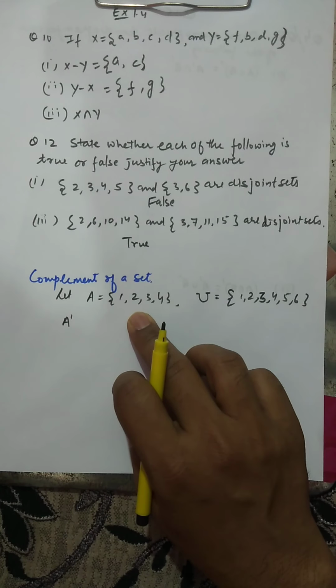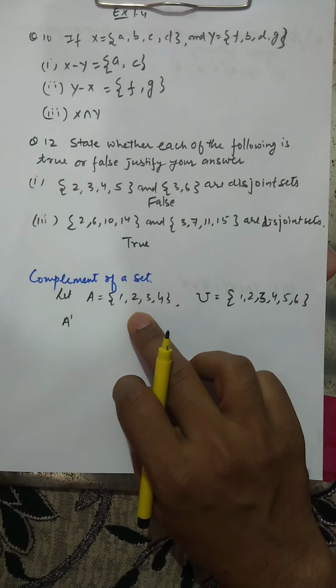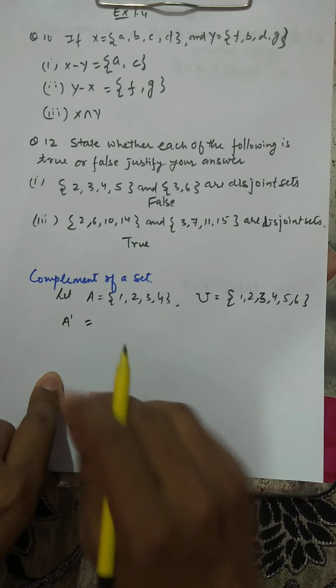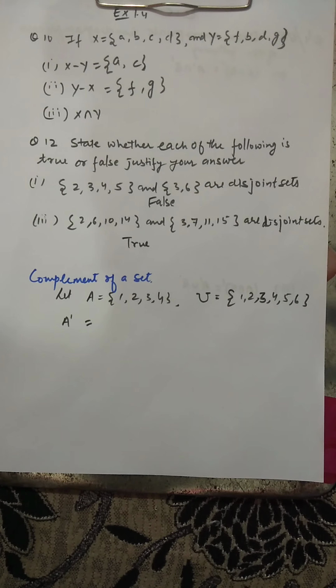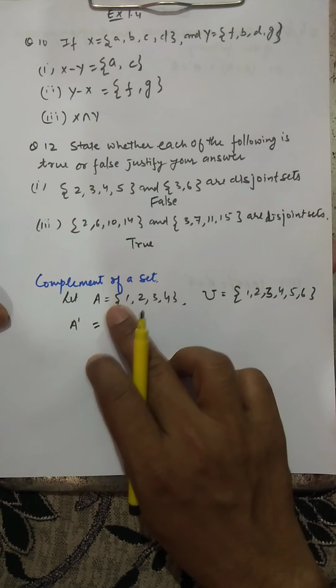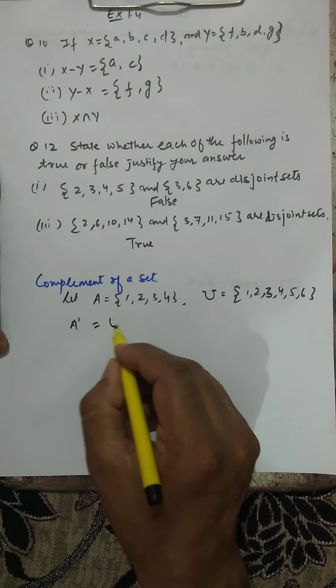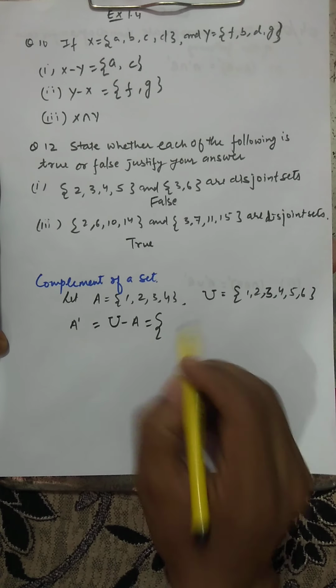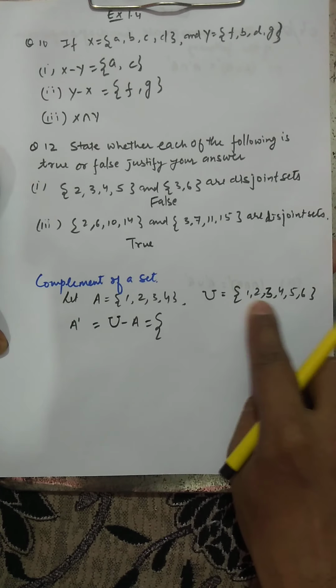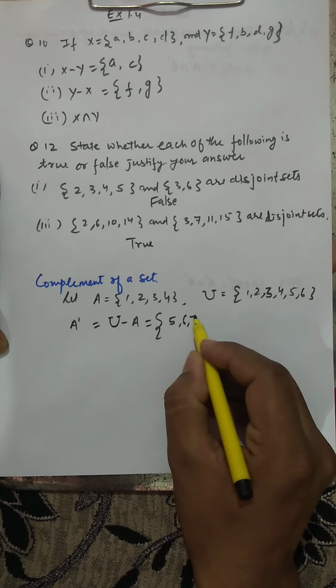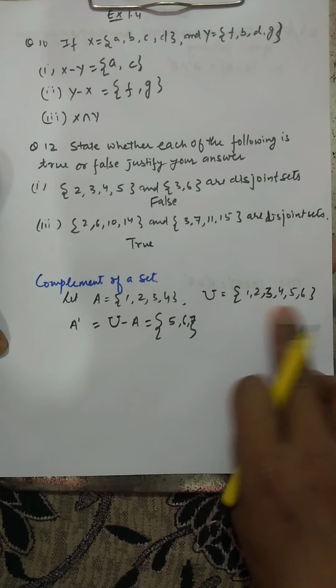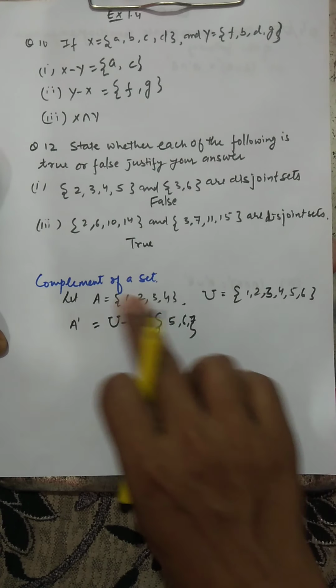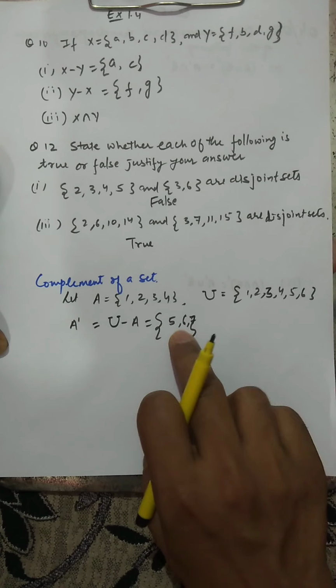Okay, now come to the complement of a set. This is a new concept. Complement cannot be defined unless you have been given the universal set. It is directly connected to the universal set, otherwise it has no meaning. A complement means universal minus A. So you cannot write 1, 2, 3, 4, but the rest of the elements, 5 and 6, you can write, because 5 and 6 are in the universal set but they are not in A. So according to the definition we have shown this.